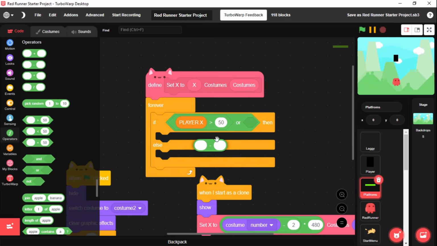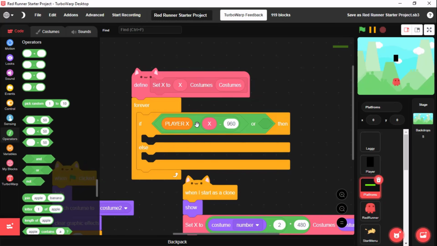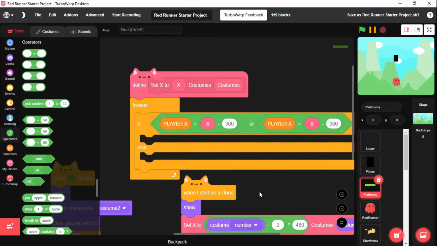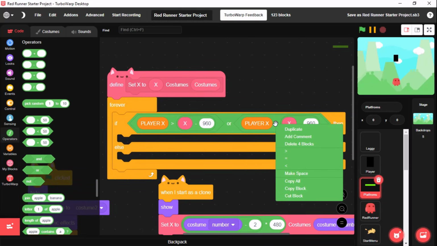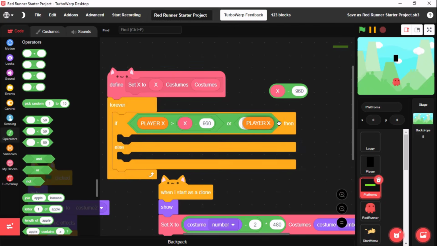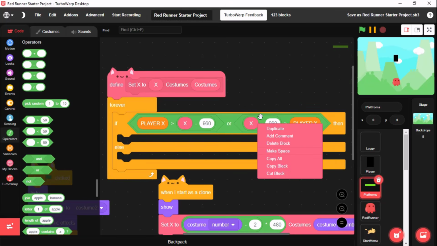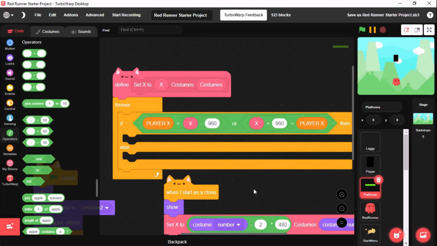So player X is greater than X minus 960, or just duplicate this, and we need to switch these two places and change this plus to add. So if player X is greater than X minus 960 or X plus 960 is greater than player X, then